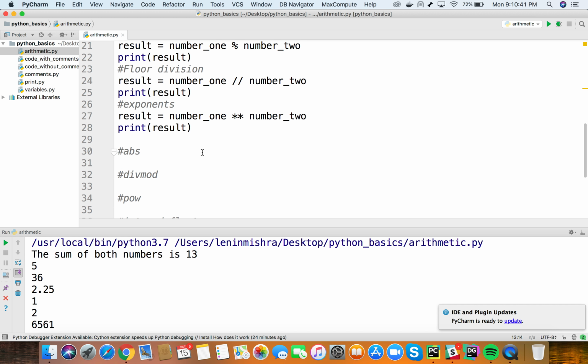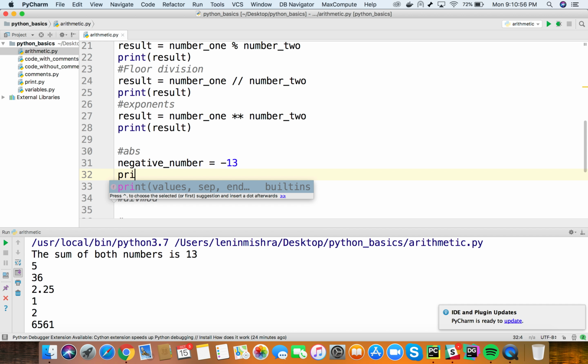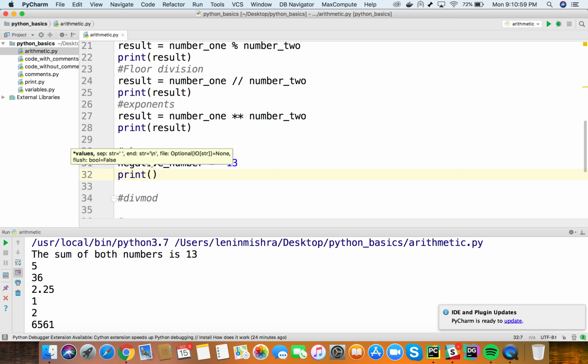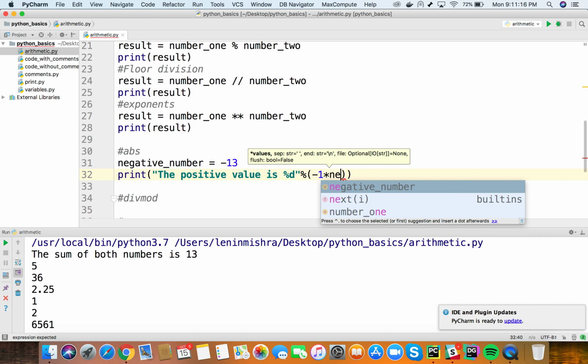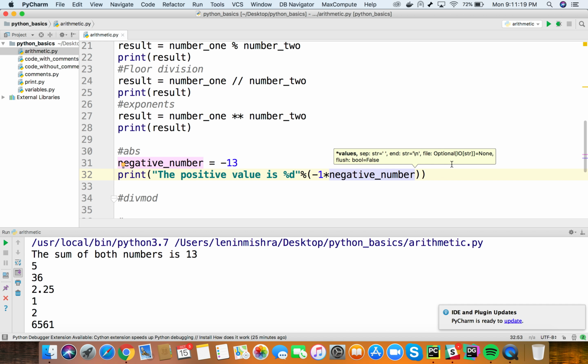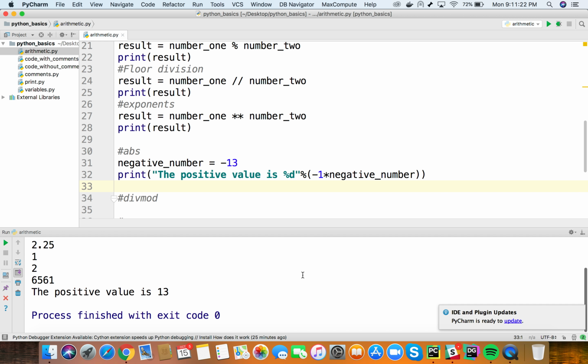Now let's look at some built-in Python functions that are available which are related to these arithmetic operations. Let's say I declare a variable called negative_number, and I give it a value of, let's say, minus 13. Now if I want the positive value of this negative number, I can write the positive value is %d, and after the quotation give a percentage, and here I can say minus 1 into negative_number. Now this will work as you would expect, and it will say the positive value is